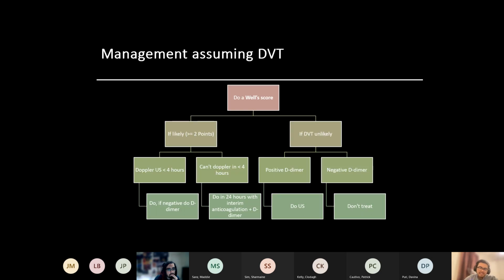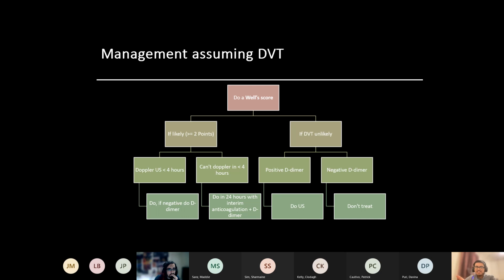Management, assuming this is a DVT, is really annoying, and I've made a flowchart for you. I don't want to spend ages going through it because it looks hideous. It's more complicated than the PE flowchart we did a few months ago. Basically, you do a Wells score. If it's likely, 2 or more points, try and get a Doppler in less than 4 hours. If that's negative, you do a D-dimer anyway. If you can't get a Doppler in less than 4 hours,